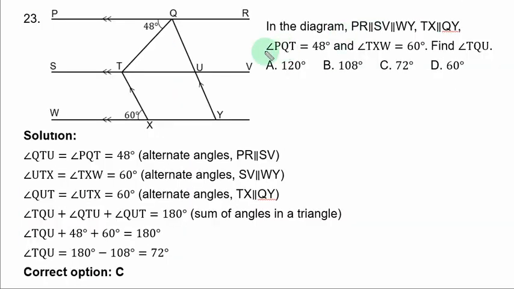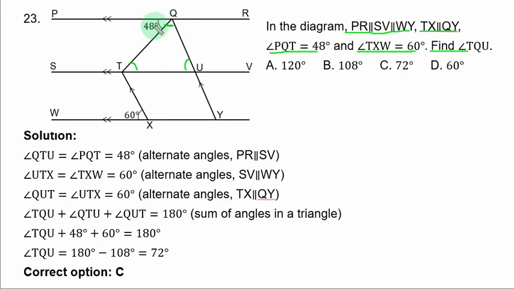Question 23. In the diagram, PQ is parallel to SV and is parallel to WY. TS is parallel to QY. Angle PQT is 48 degrees. Angle TSW is 60 degrees. Find angle TQU. This is TQU. Now we have a triangle here. If we are able to get this angle and get this angle and add the 3 together, you can get